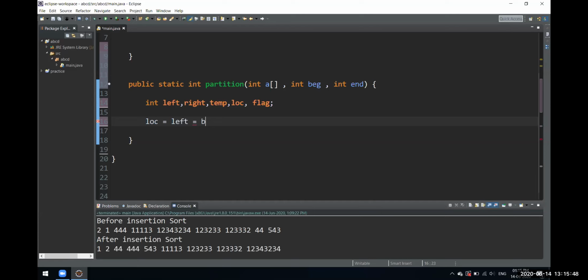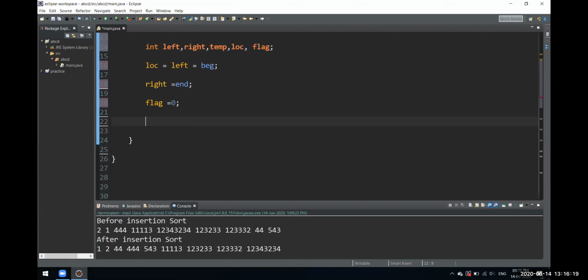I'll just quickly build up the whole program and then I'll tell you what we are doing. Just hold on for a second. We will also have this flag, one, zero.